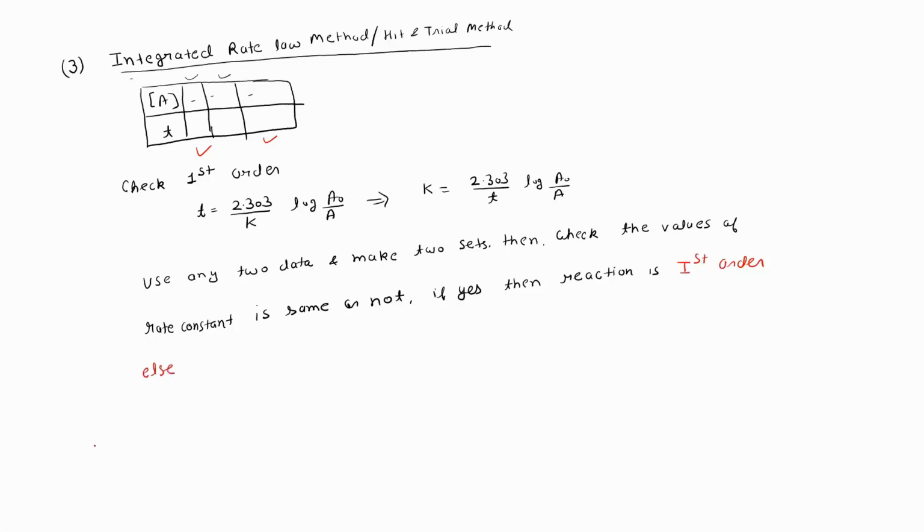Else we will assume zero order reaction. Then for the zero order reaction, we write its equation: A is equal to A naught minus KT, then K is equal to A naught minus A divided by T. From here you will get the values of K. Find values of K; if same, then it is a zero order reaction, else